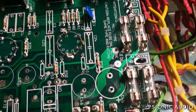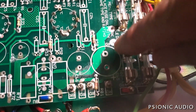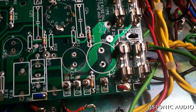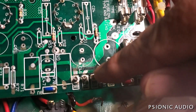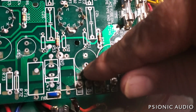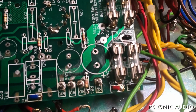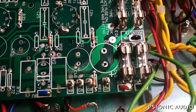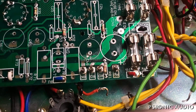But one of the issues with this amp is this is a heater trace, and it's a fraction of a millimeter close to that ground there. And the other heater trace is right next to these B+ nodes. So it only takes a little bit of a spill on these boards, and you'd have terrible arcing. You know, heater to ground short, or heater to B+ short,